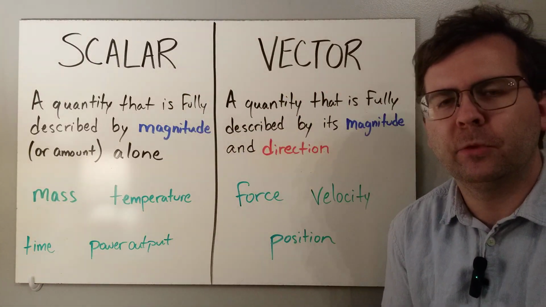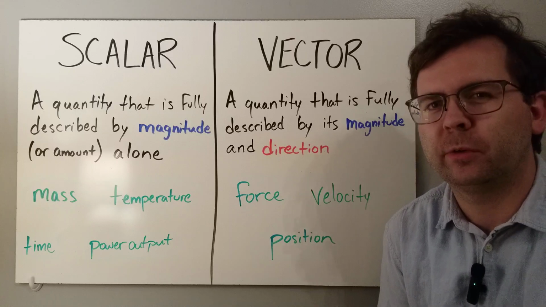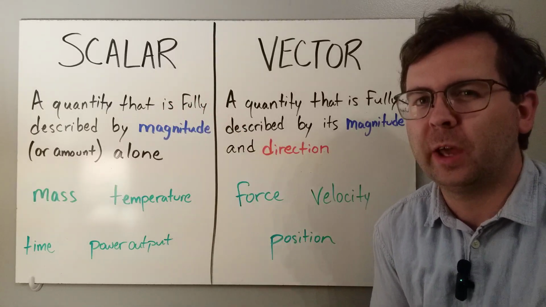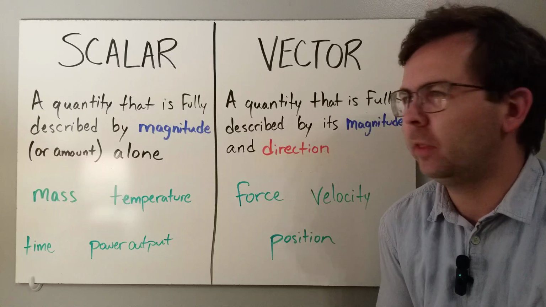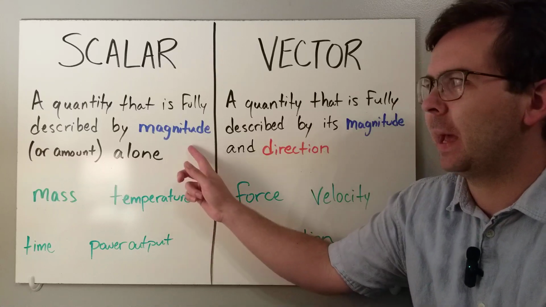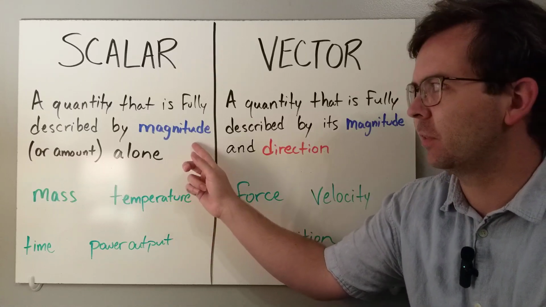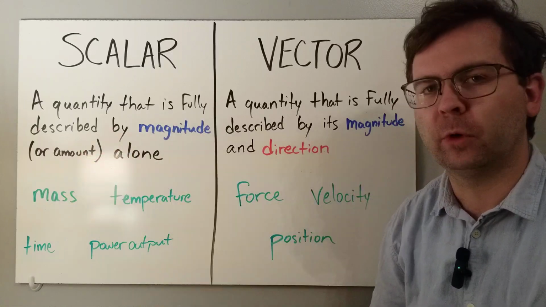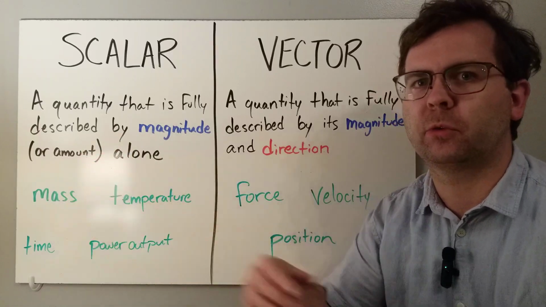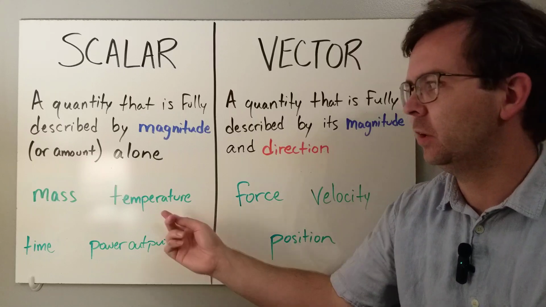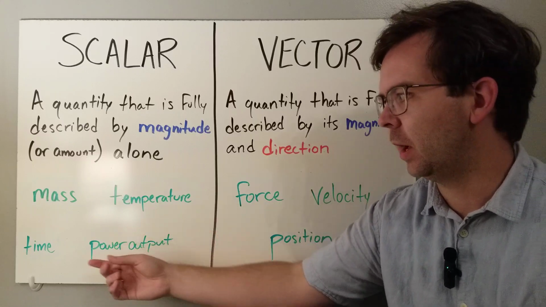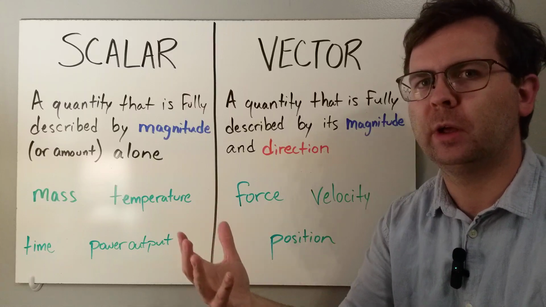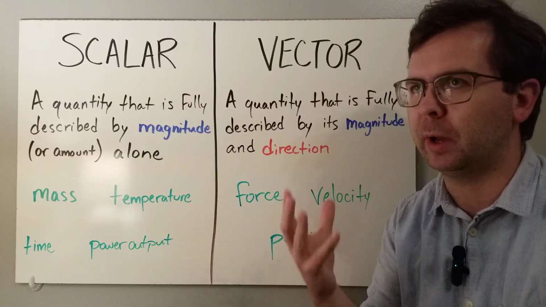Hi, in this video, we're going to be talking about scalars and vectors. Let's start with scalars. A scalar is any quantity that is fully described by magnitude alone. Magnitude just means the amount or the size. So for example, mass can be described by magnitude alone. Temperature, time, power output, all of these measure some amount, and so they can be fully described by just that